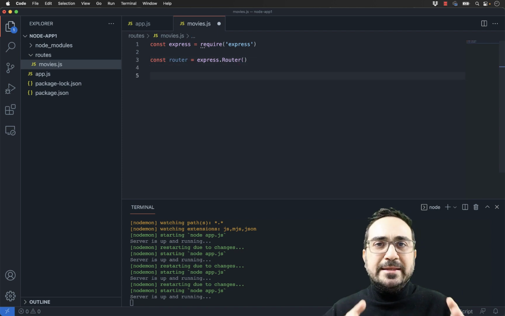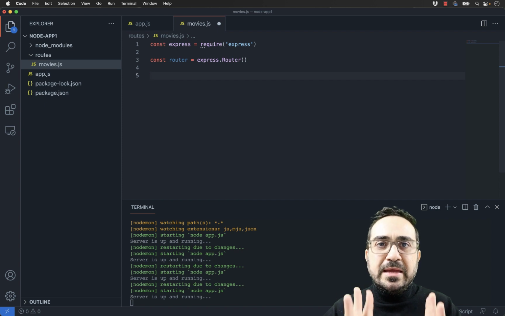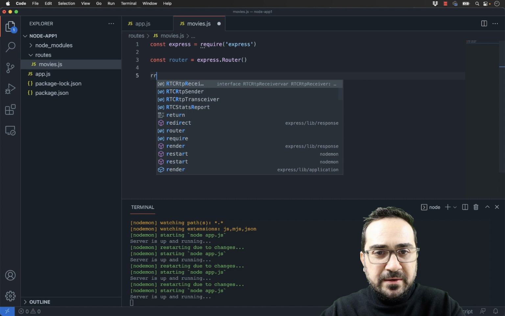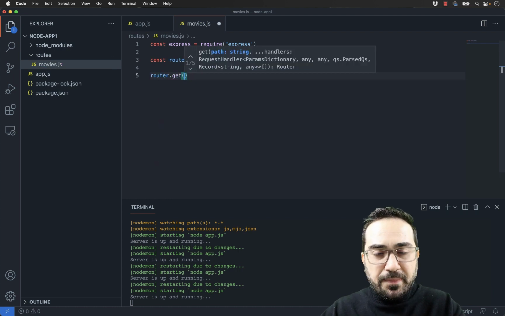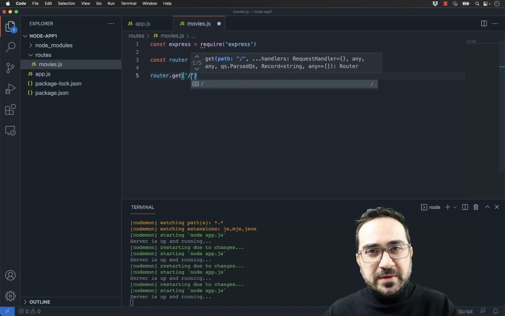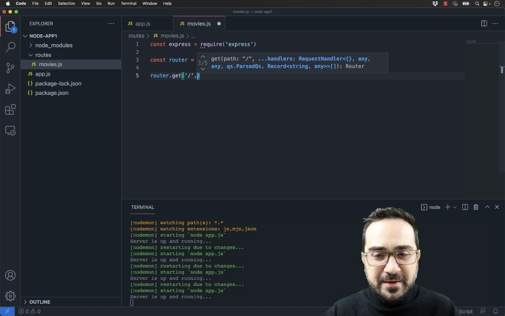So I created a movies router and I just initialized at the beginning, again import the libraries that we need to have, and here wherever you come to this router, I can just type router.get. And here, whenever we come to this movies router, I don't have to add here movies, because supposedly we are already in the movies, right? So it's just suppose that this is movies, this is what it means.